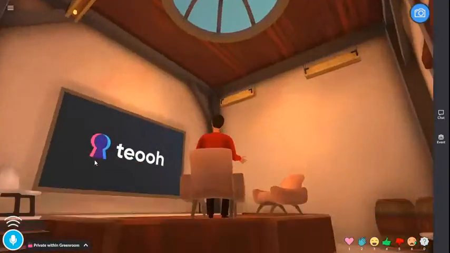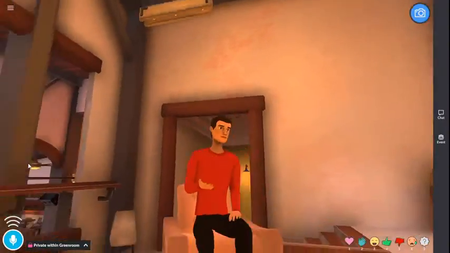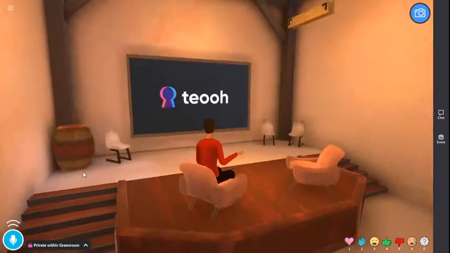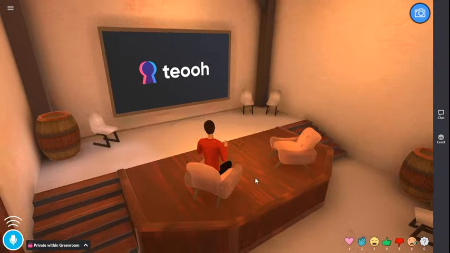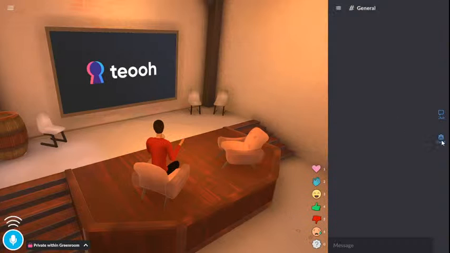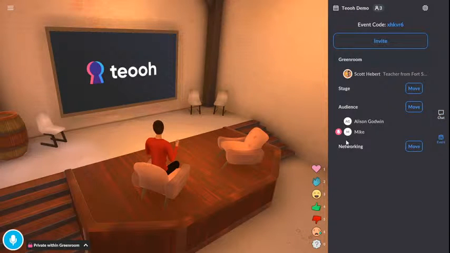You can hold down left click and move around. It's fully 3D, which I think is really neat. The actual 3D layouts and stuff are pretty cool. You can scroll or zoom in. And then you'll notice at the bottom right hand corner here, you are going to see that. And I got 2 people here.